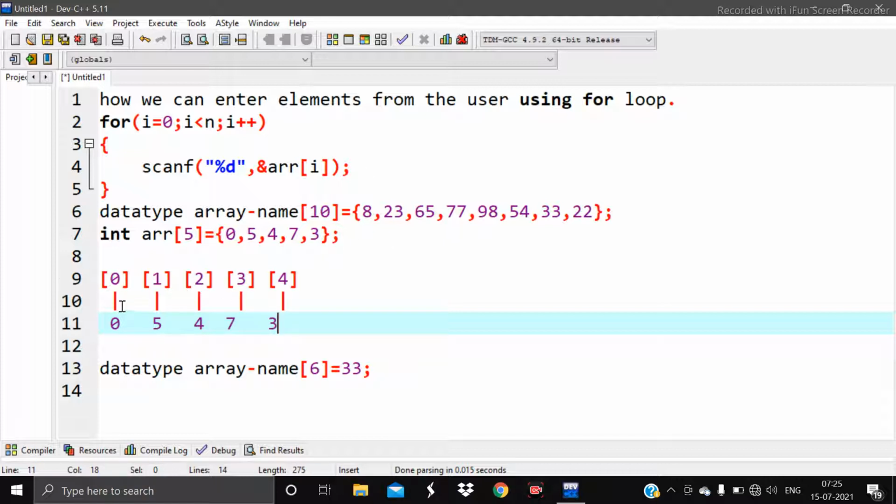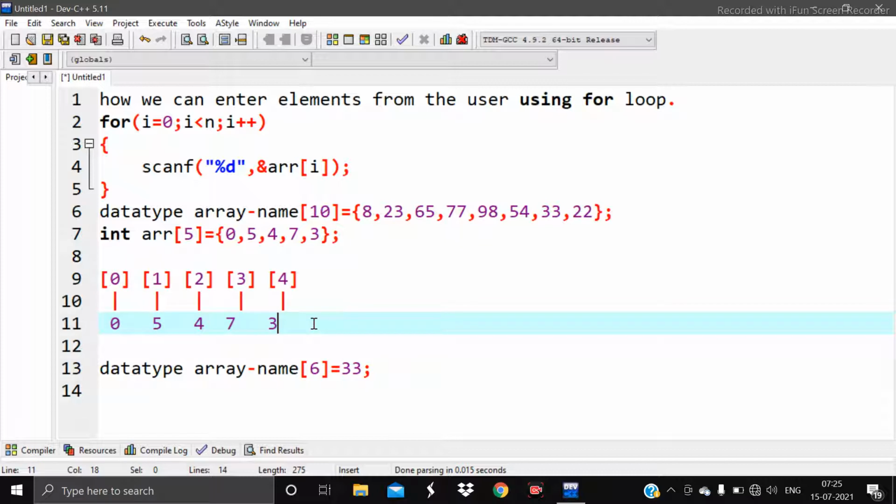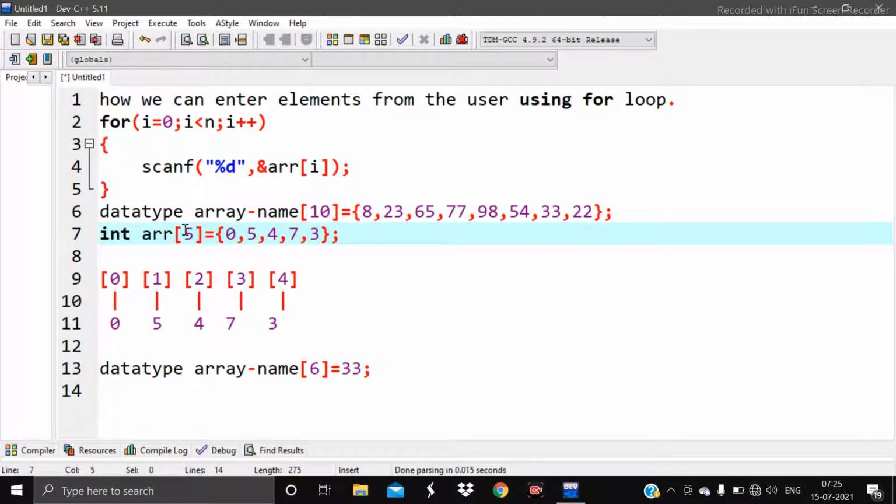In this manner, at each memory block, the index will store all these values. Okay, so this is how you can declare the whole array elements at once. First you have to write the data type, then the array name, and then the size of the array, that is 5 or anything which is the size of the array, and at last enter the elements.